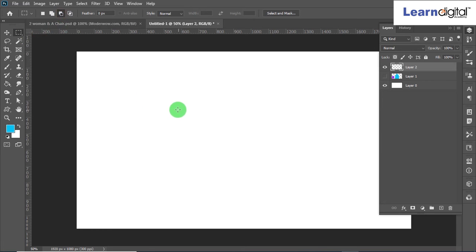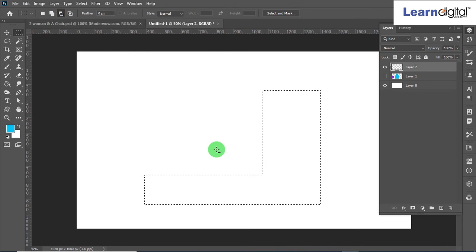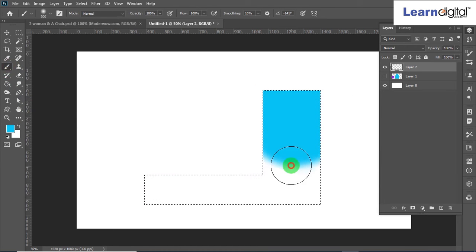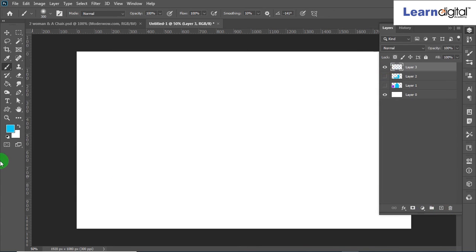Next, again you can create one more new layer. Now again you can select the rectangular marquee tool and go to the third option, called subtract from selection. You can select subtract from selection, draw with the rectangular marquee tool, and subtract here. When you drag the subtraction selection, some part of the rectangle is deleted. After that you can select a brush tool and fill the color also. Yes, like this we can use subtract from selection.